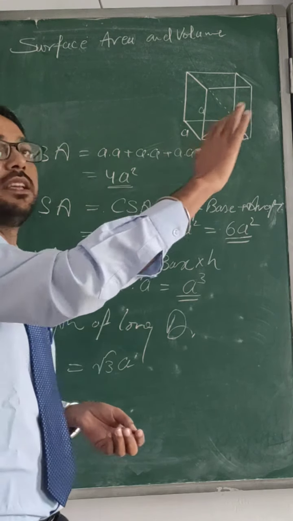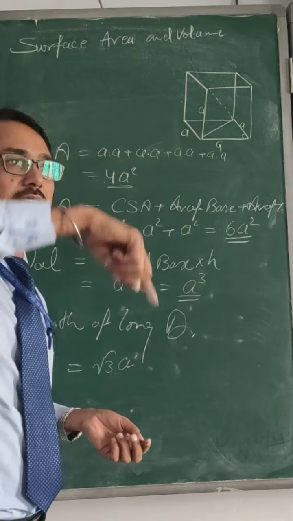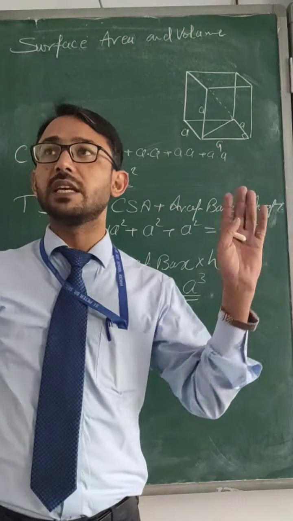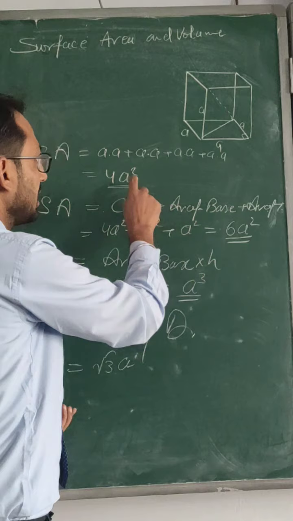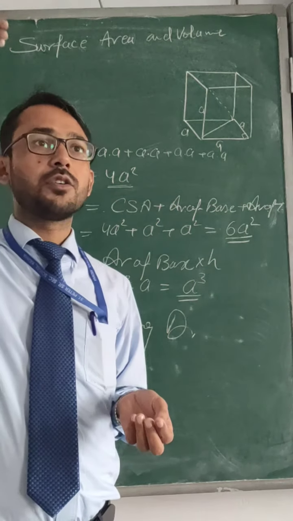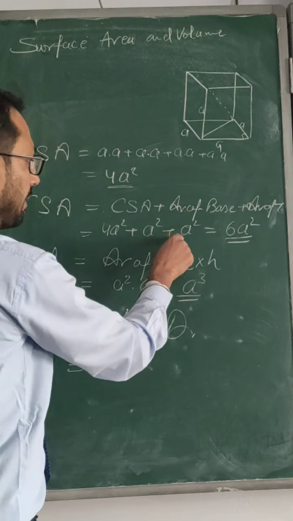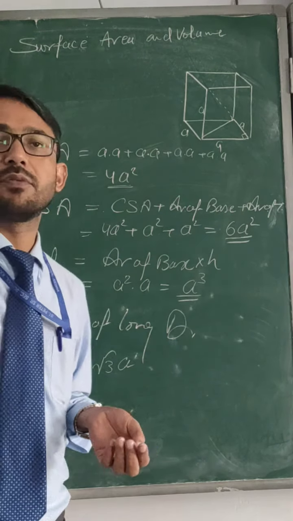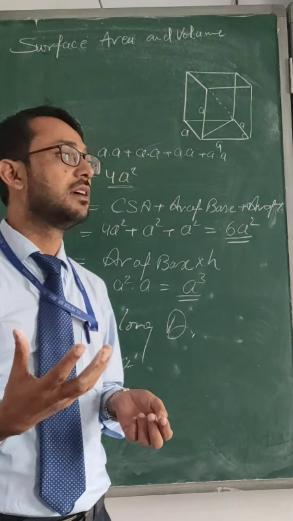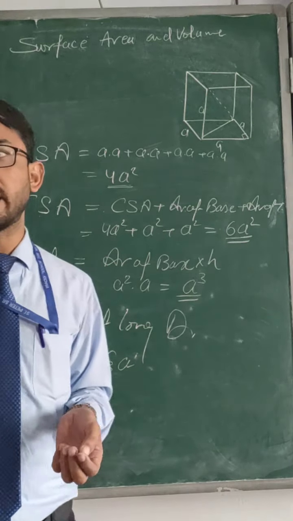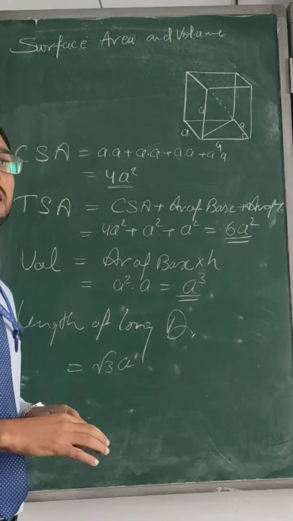Curved surface area is of the four walls. Total surface area means curved surface area plus top and bottom. If we are going to paint the room, then curved surface area is required. Top and bottom cannot be painted with the same thing, so that is a separate thing. Volume is whatever we can fill in it. A cube shaped tank we can make for filling water, like the overhead tanks which we used to make at our home. In that case we used to go for the cube.